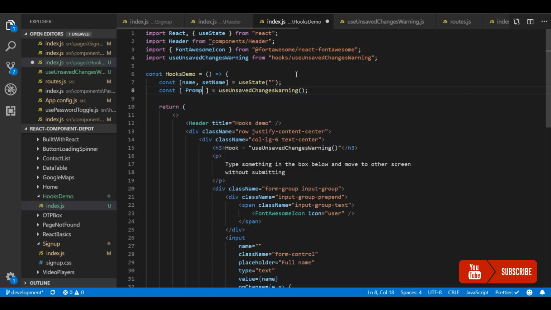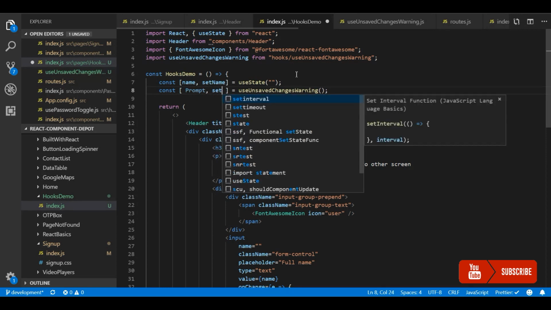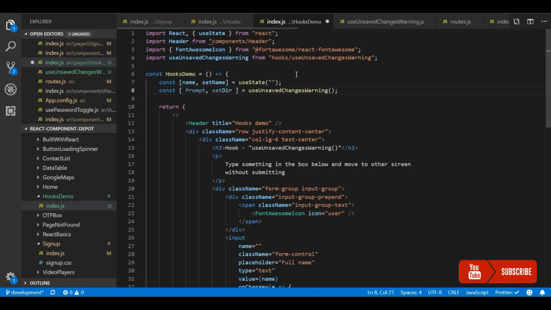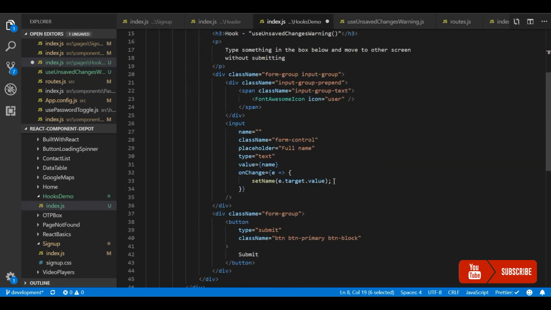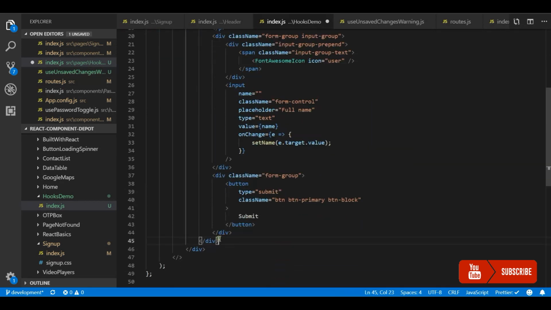So the prompt, setDirty and setPristine. Okay, now we just need to render this prompt inside our component. We can place it anywhere within the component, so let me place it at the bottom of this component.